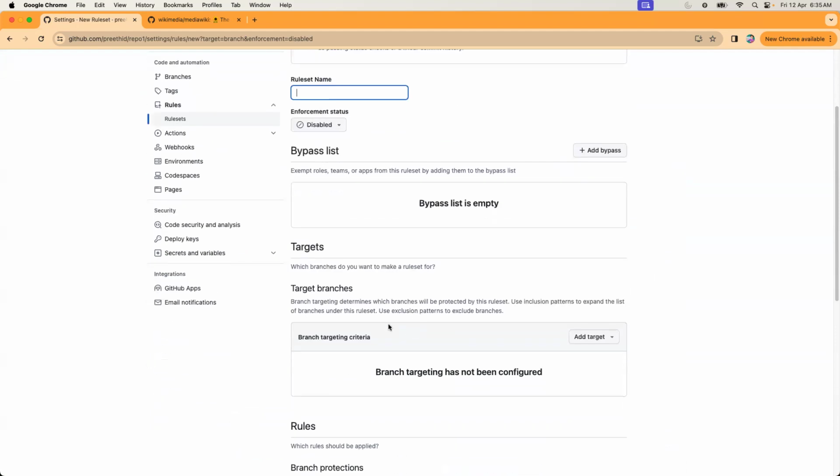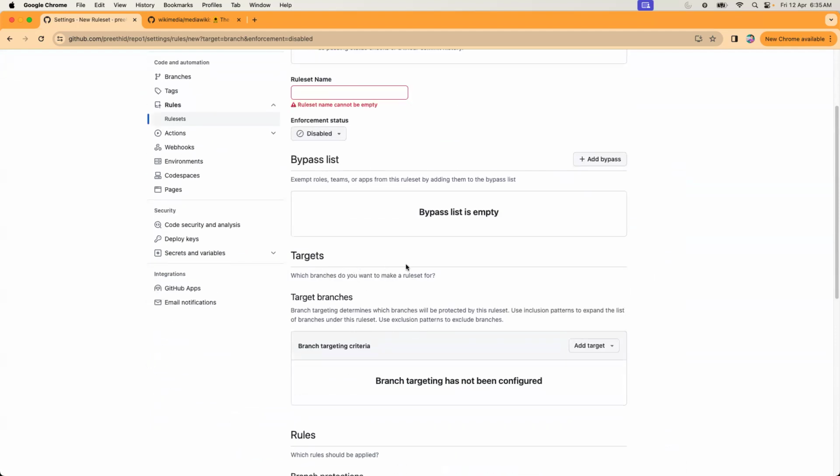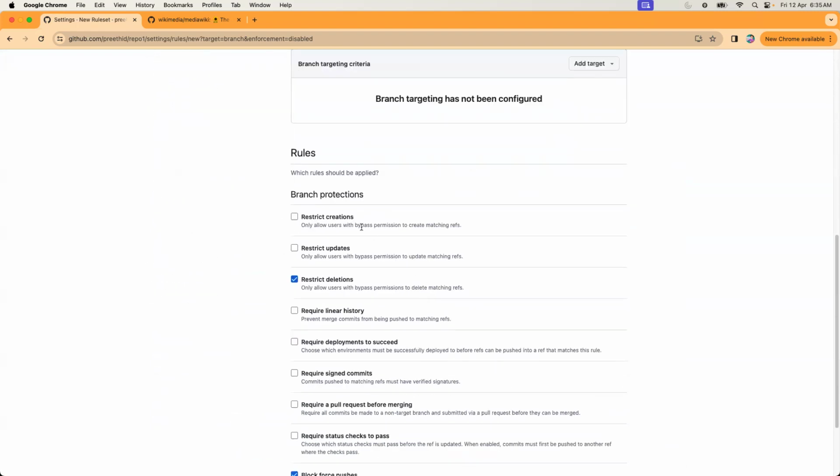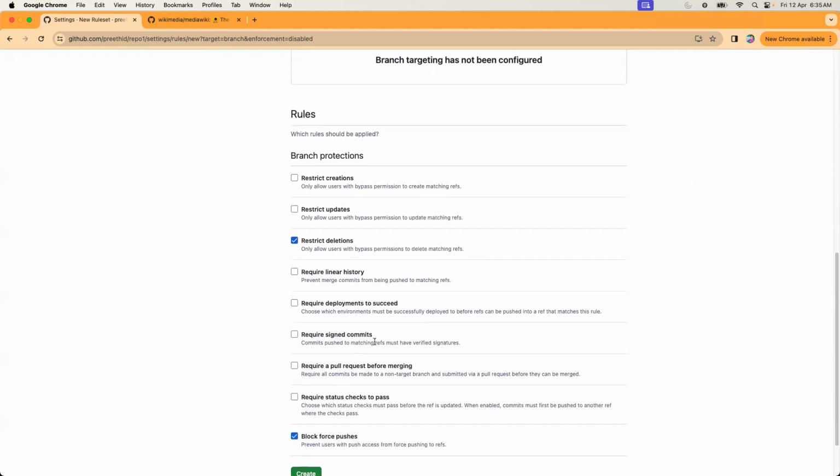Add bypass targets. Which branches do you want? It means which branch you can push. Even you can set the rule. Like you raise a request for master, you can set: restrict create, only allow users with bypass permissions, restrict deletions, restrict linear history, deployments, signed commits,